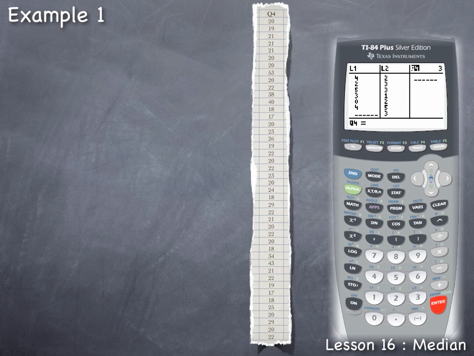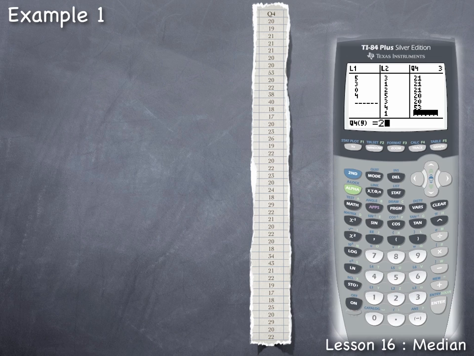So now I can use my down arrow to go down below the Q4 list. And now we can start typing in the ages one at a time, followed by an Enter. When entering in the data, especially when there's this many, you must be very careful to enter each data correctly, because typing in just one data value wrong will give you a completely wrong result in the end. So the first student age was 20, so we'll type in 20, Enter. And the next one was 19, Enter. And so on, 21, 21, 21, 20, 20,